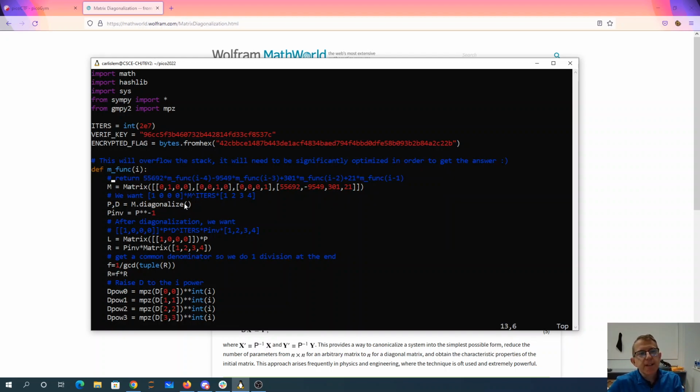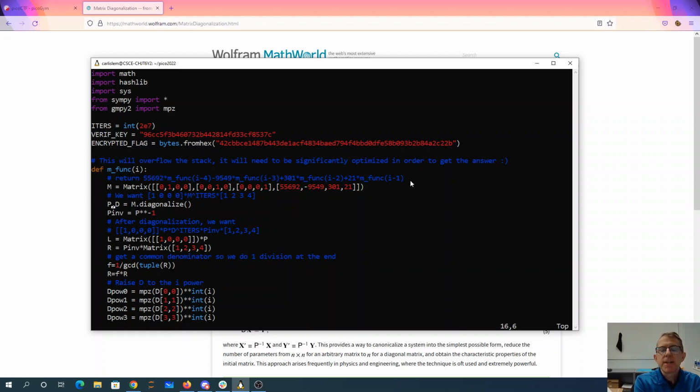So I first tried to just do memoization, where I created an array of all these numbers. That also took way too long. So I need to compute the 2 times 10 to the 7th, which is like the 20 millionth value of this function directly. So by diagonalizing, and I got that from